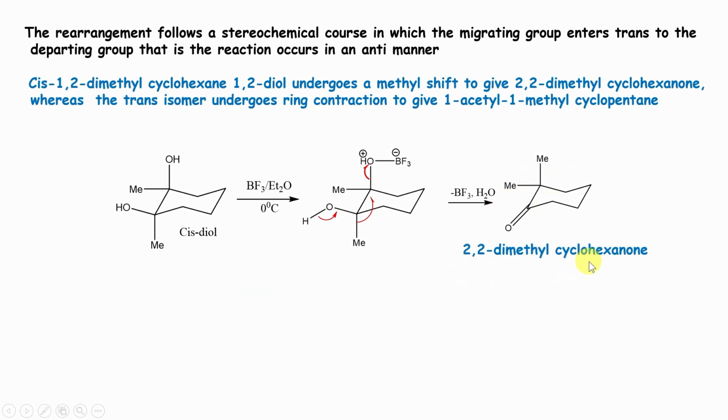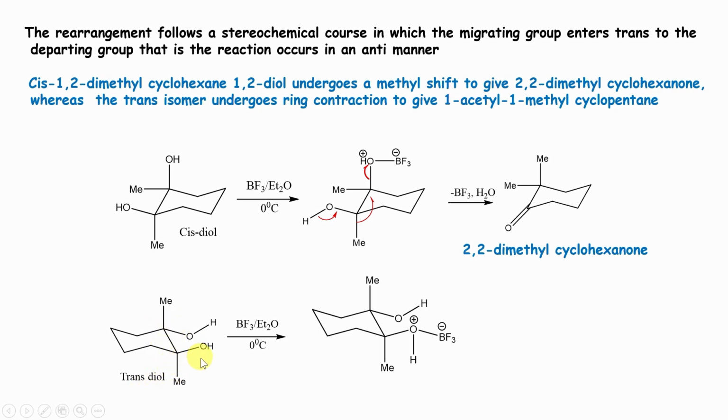It is 2,2-dimethyl cyclohexanone. Transdiol, it's trans isomer. It is transdiol. You can see the 1,2 positions, this hydroxy group, this hydroxy group, both the hydroxy groups are axial, and hence it is transdiol. In this transdiol, you will get,